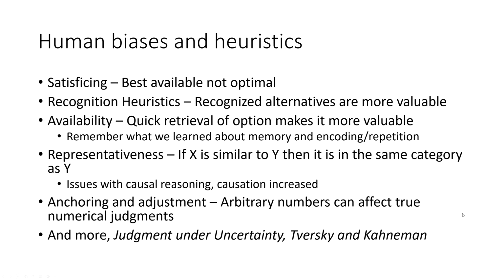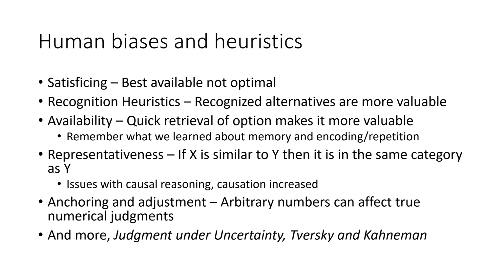So, human biases and heuristics. We talked a little bit about these, but we'll go through them just a bit more, especially as we're doing human performance investigation. You want to be extremely aware of these biases and heuristics, not just in yourself, but also in the people you're interviewing. All right, so first looking at satisficing. Remember, this is the way most people make decisions. They pick the best available, which usually ends up being first best available, not the optimal solution.